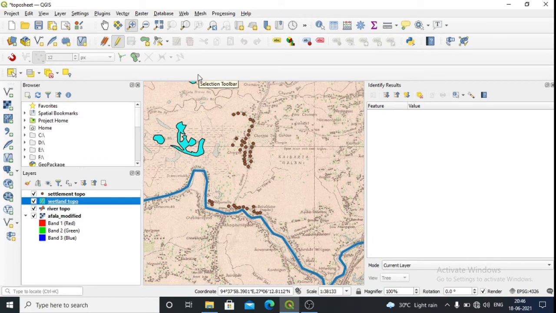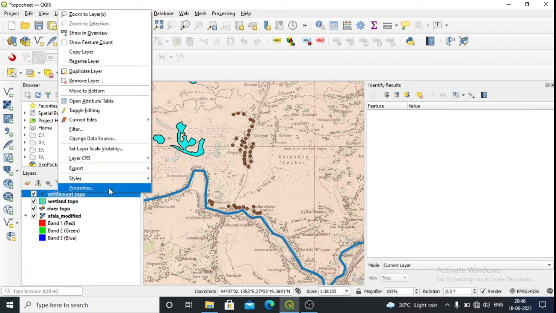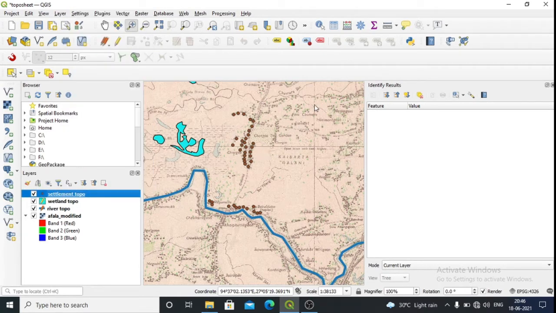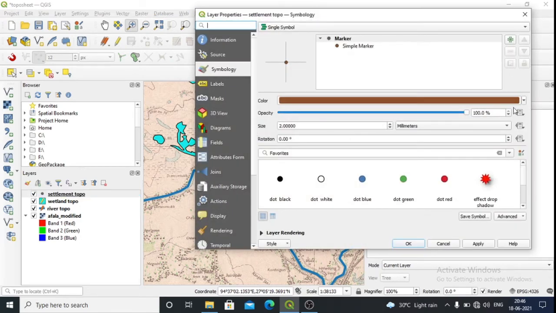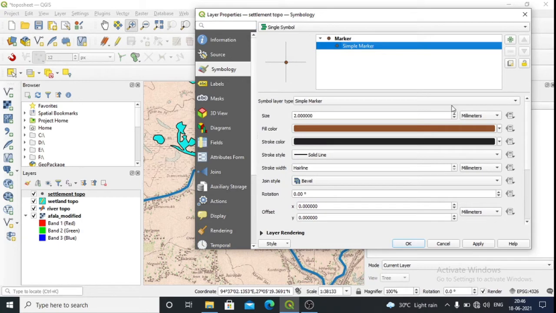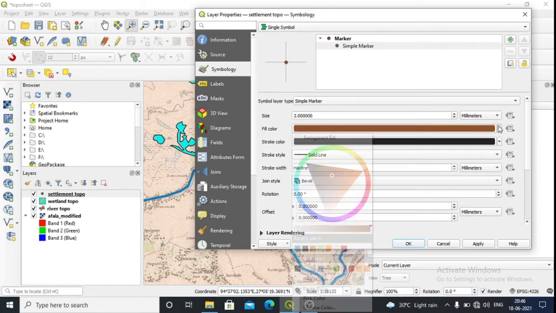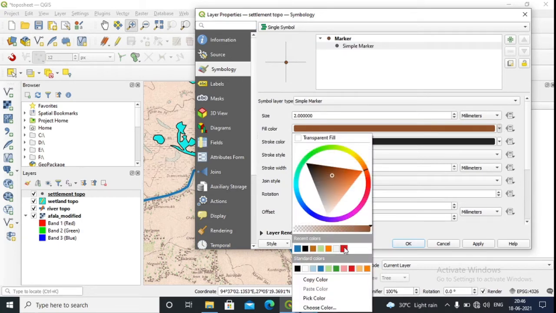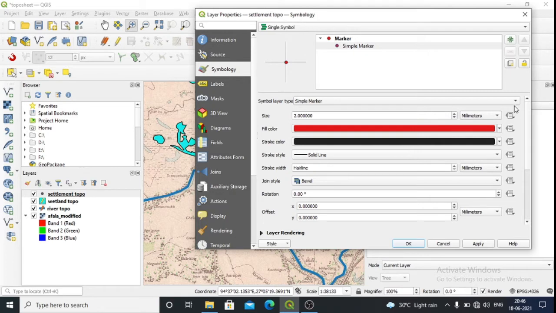Similarly we can change the properties of the settlement also. So I want this settlement to be red in color. I don't want any border around this circle, so it's not required.